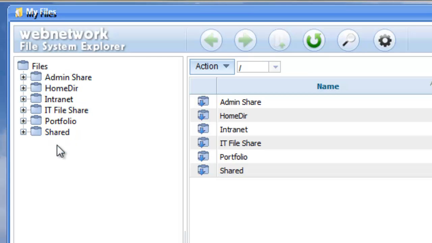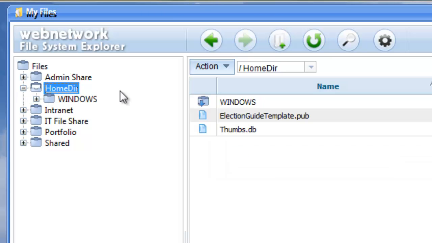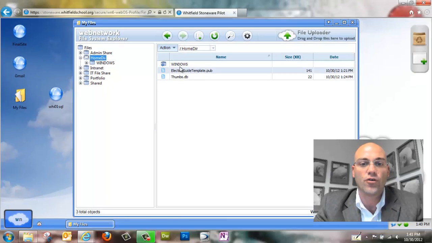I would really suggest only using Stoneware to access things in your home directory, which is right here. Yeah, you can get to shared stuff and any other drives you have access to, but it's going to take a really long time because it's got to load all the files in that directory. So you're looking for home directory, that's you. I'm going to double click on that